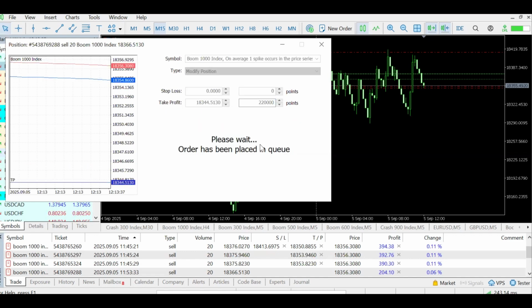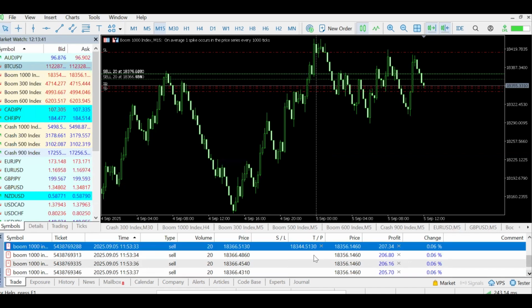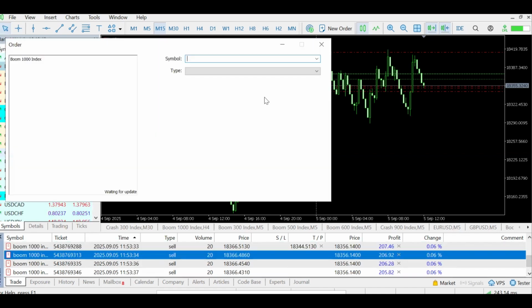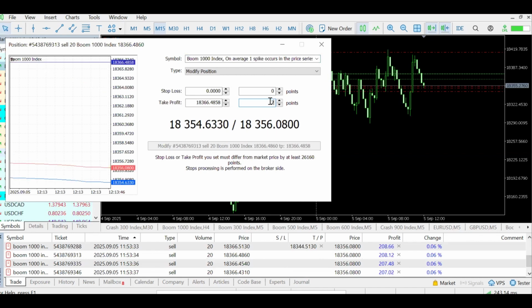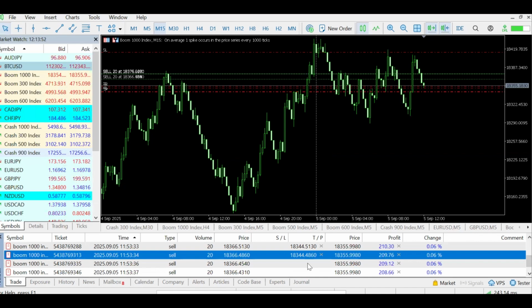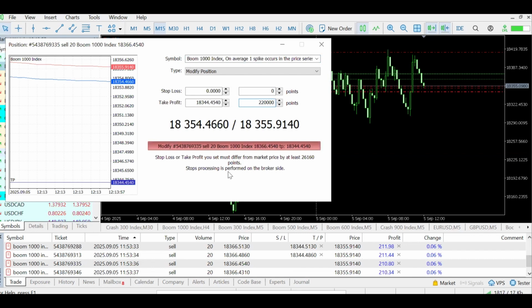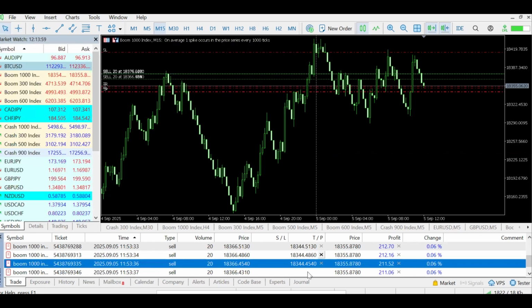You can see they are all in profit. Mind you, if you've been seeing other of my trades, you realize that 80% of my trades are winning trades. It's something to take pride in, right? To always have 80% consistent winning. So it's always amazing, right? So you can see how the trade is running.